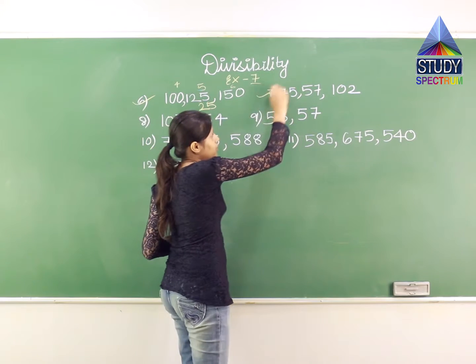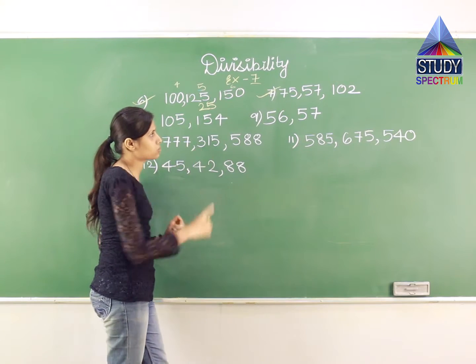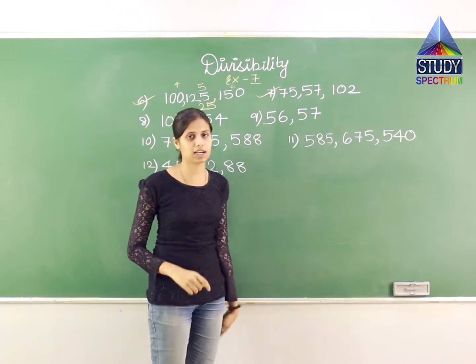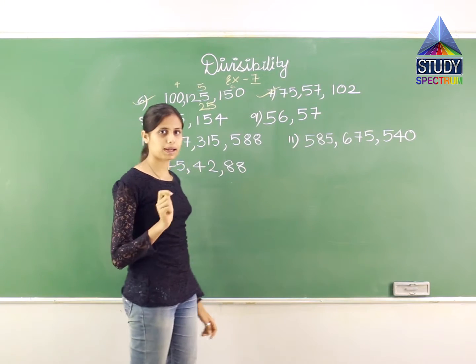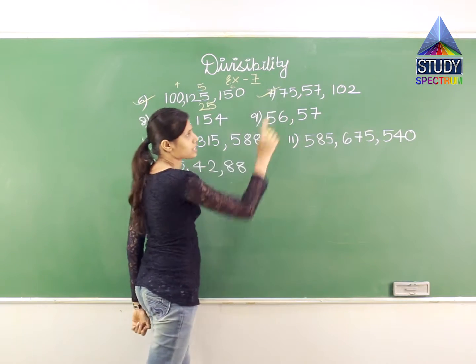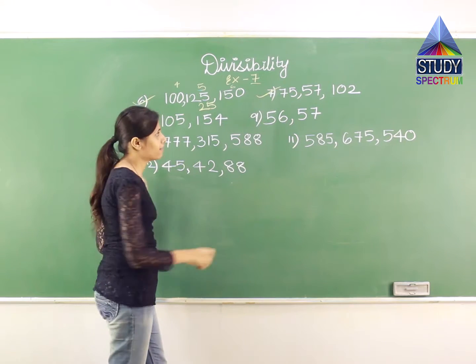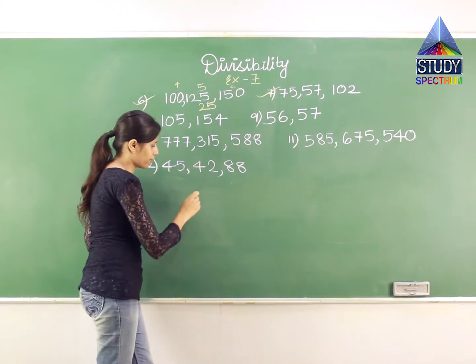Now we will start with the 7th question. Like previous question, we will find all the factors of this 3 number. Then we will find all the common factors, and then we will multiply the common factors to get the GCD, that is the greatest common divisor. So for 75,